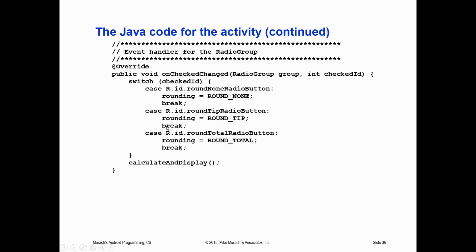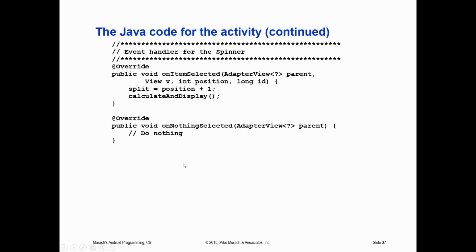All right. Next, we've got the check changed for the radio group, and this is shown on the bottom of page 192. Again, this should make sense. You're setting it either to no rounding, or you're rounding the tip, or you're rounding the total. Those are our 3 options, and then you're calling calculate and display. This is for the spinner. So you're figuring out, if you chose that you wanted to split the bill, how many ways, and then you're calling